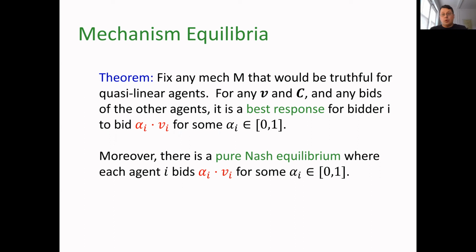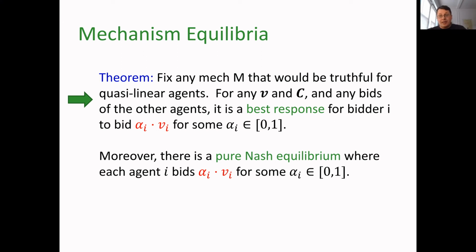And moreover, as we'll show a little bit later, these can differ in the total welfare generated under an appropriate metric not by too much. So I want to just quickly go through the intuition for how this result works. And I'm going to focus on this best response part, because once we know there are best responses of this form, it turns out that showing that there is an equilibrium uses reasonably standard tricks from the theory of fixed points. But the real meat of it is showing that